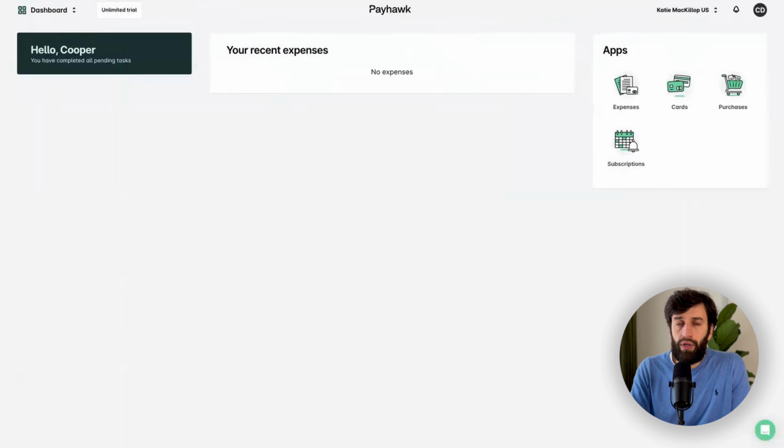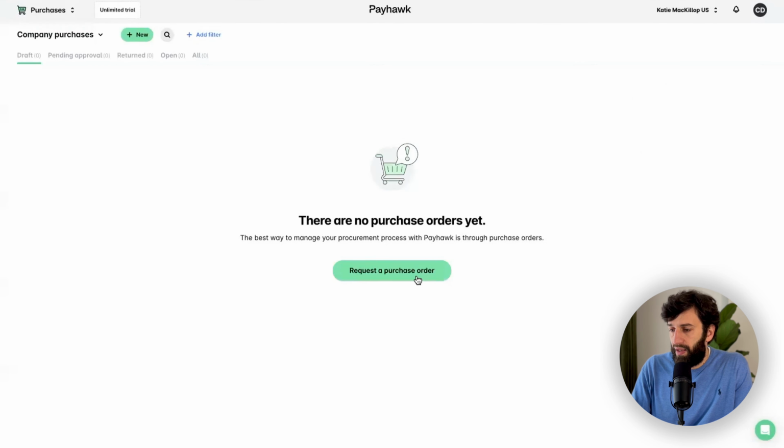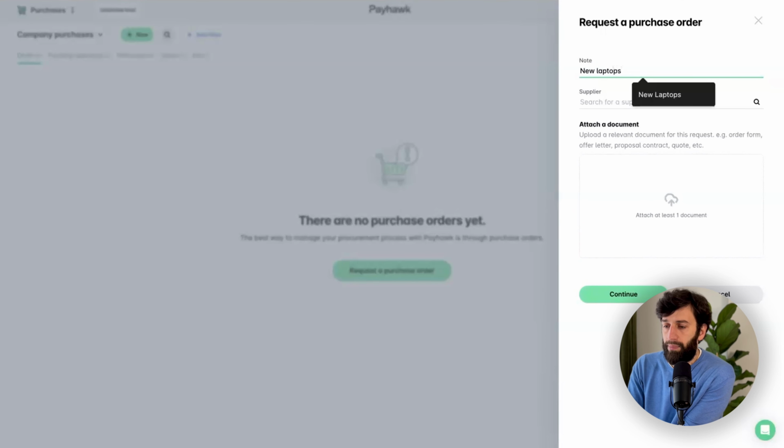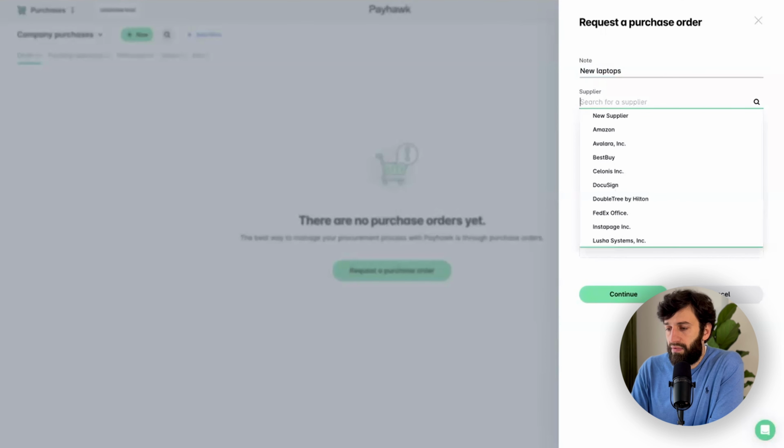Okay, I'm in Payhawk now. Let me show you how you can order new laptops for your company using the purchase order feature. So I'm logged in here as an employee who's going to be requesting new laptops, right? So I will go into purchases right here and click request purchase order. Here I can add a note. So I'll type in new laptops,